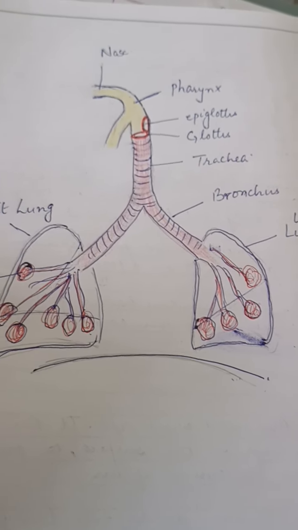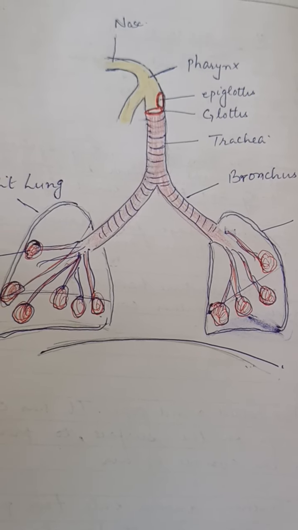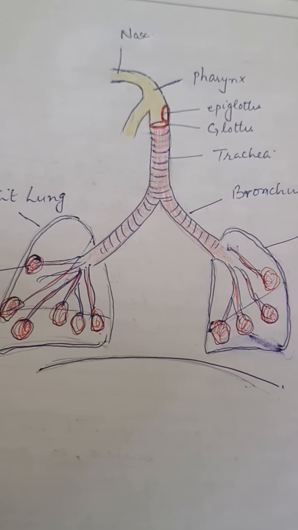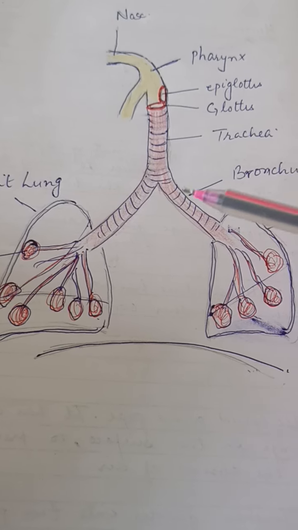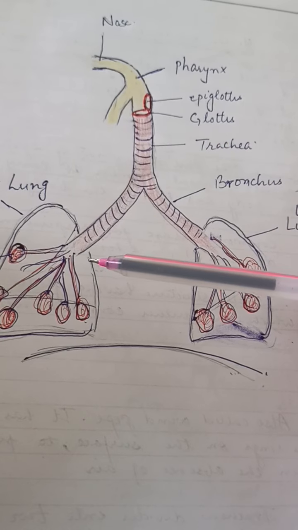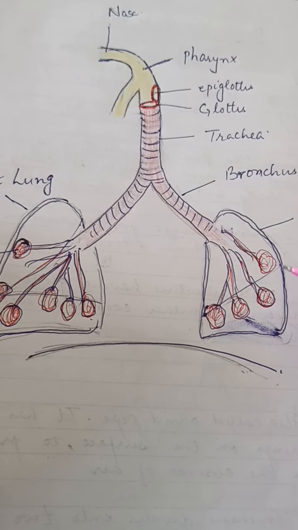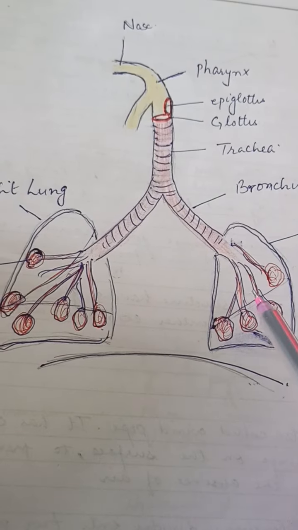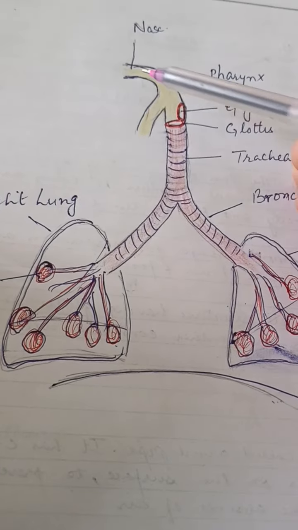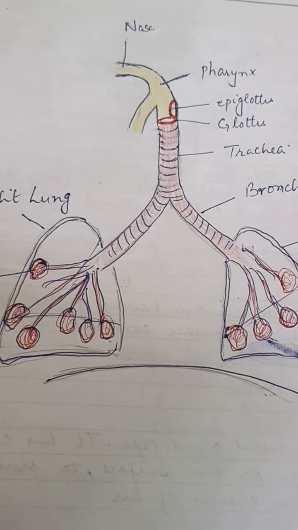Dear students, this is the diagram showing the human respiratory system. As I have told you earlier, the human respiratory system is divided into two parts. One is the respiratory tract. Tract means the way from here till this portion. The second part is the respiratory organs, and these respiratory organs are the lungs. Two lungs are there, right and left lung. So these are the respiratory organs, whereas the whole of this path till this region is considered as the respiratory tract.